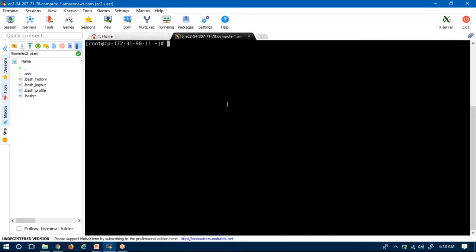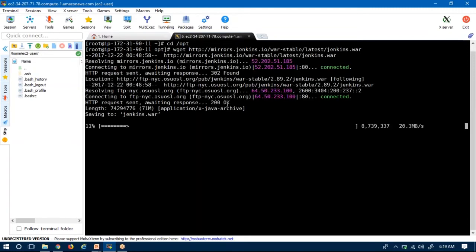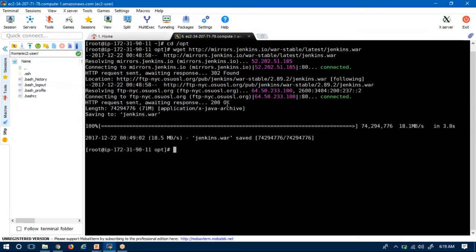Now on your Red Hat, we can download from the link with the help of the wget command. I'm using wget to download. See, it's downloading the Jenkins file. Now it's downloaded, and this is the jenkins.war file.